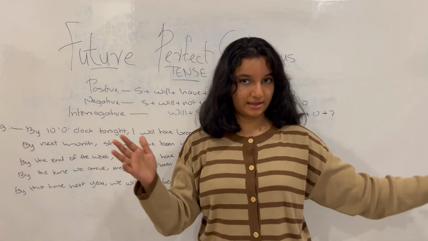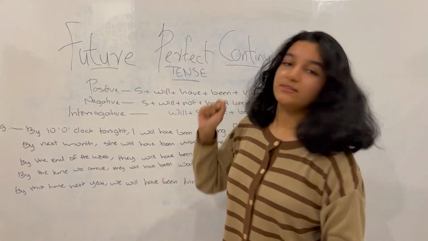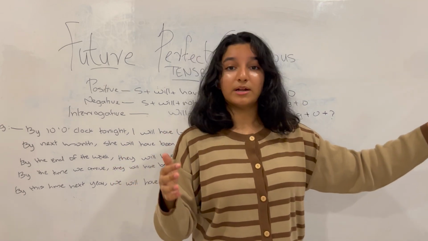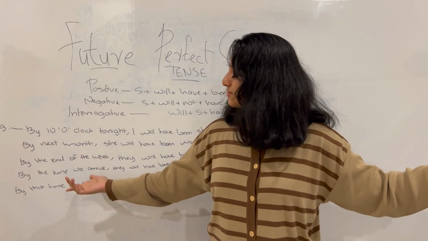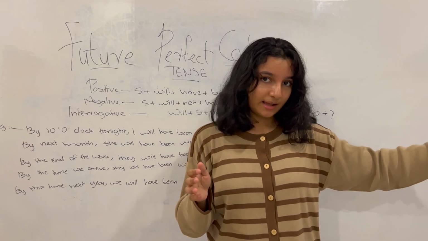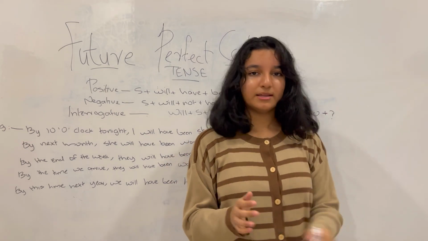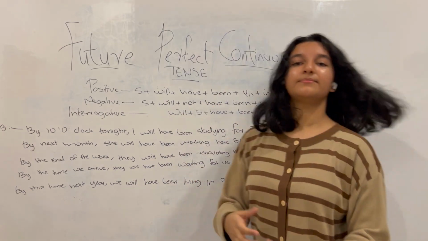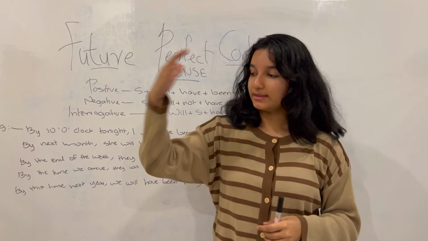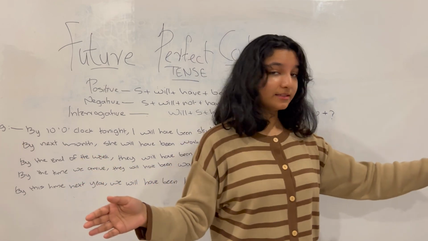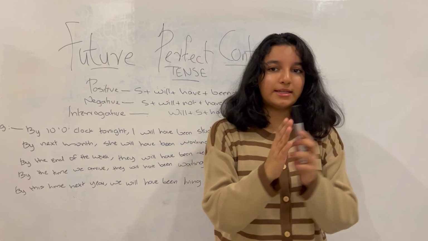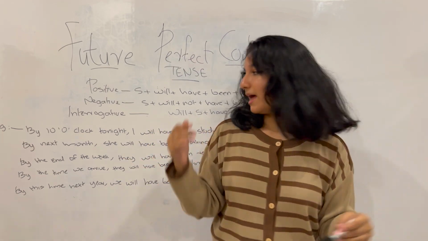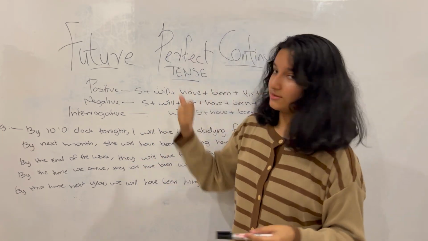That is what it's saying. So future perfect continuous tense is saying an action is going on, and in the future it will end at a certain time, and that time is specified. We're talking about that time. So this action that has started and ends in the future, the time in the middle from the start to finish, that is future perfect continuous tense.